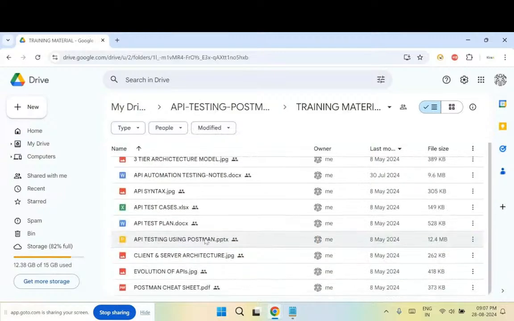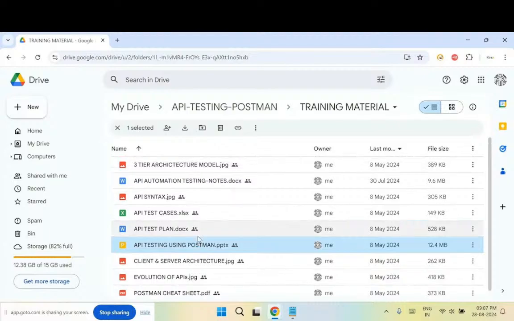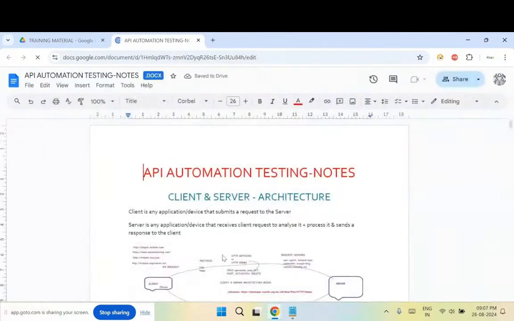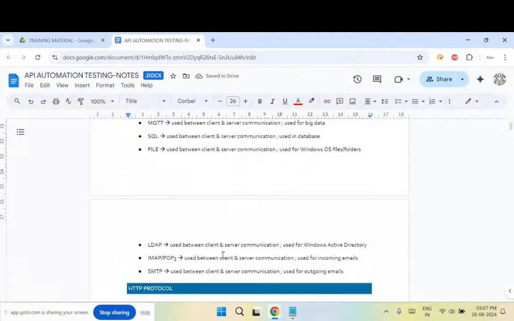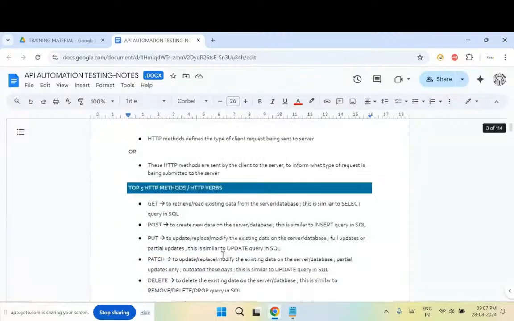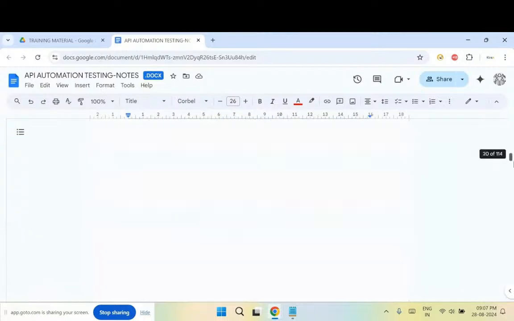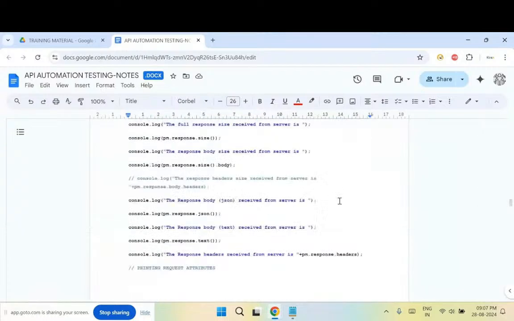You will see a PPT which contains all the notes, and also a Word document has been prepared. If you open this Word document, you will see detailed step by step notes and the diagrams, which I have drawn in Paint and written here. It's a 114 pages document which contains the detailed notes about whatever I'm teaching in this course.